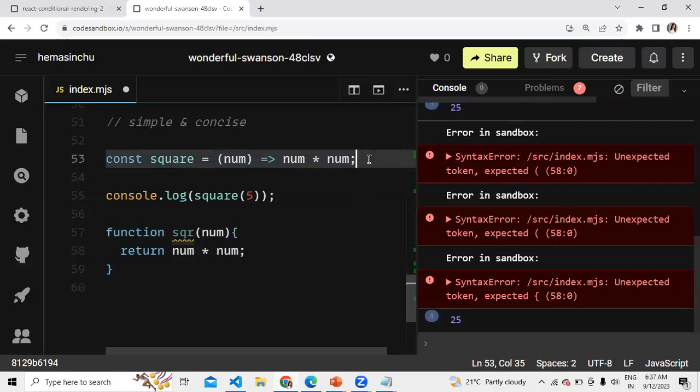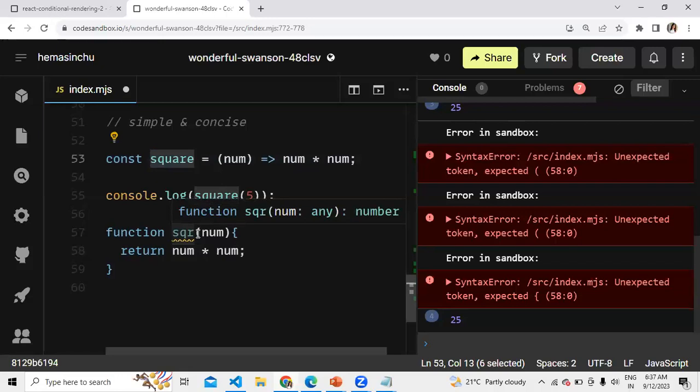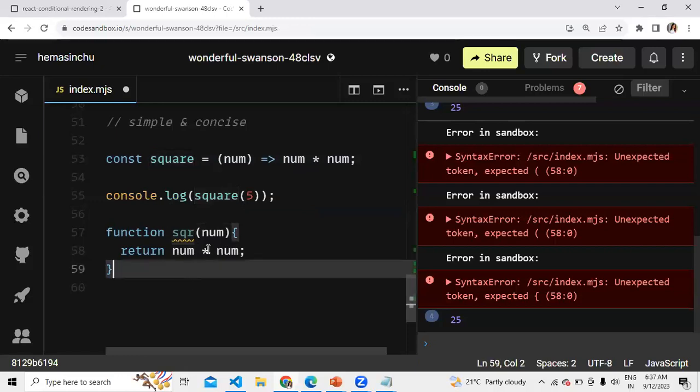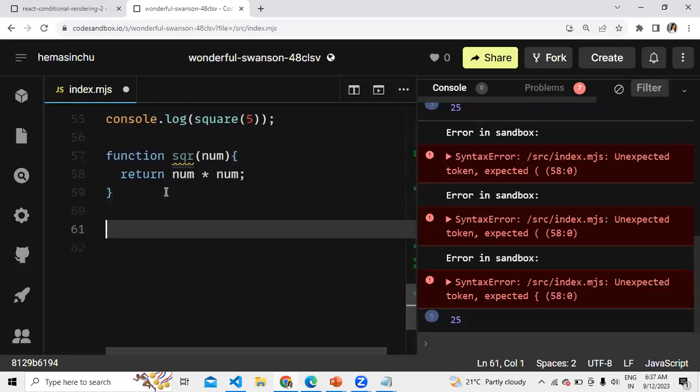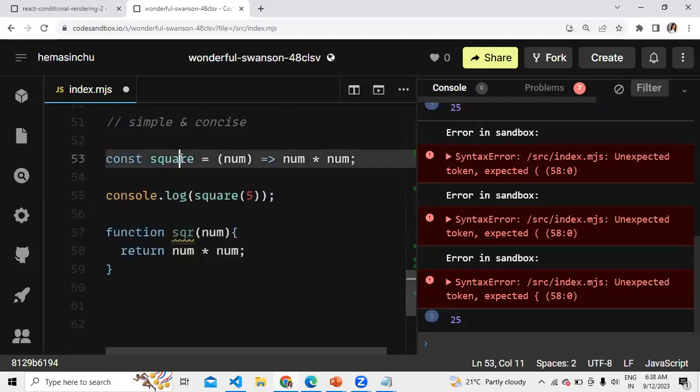There are differences actually, if I compare a normal function versus this. Arrow function does not have its own this value. Arrow functions cannot be used as a constructor. And again, arrow functions are not hoisted, just like variables. You cannot access them before definition. We are concerned about the syntaxes and what is introduced, so I won't be able to go into detail, but if required, I can answer if you have any questions.